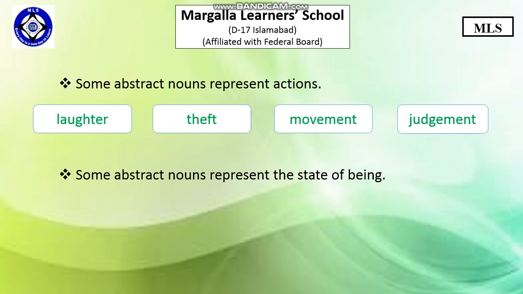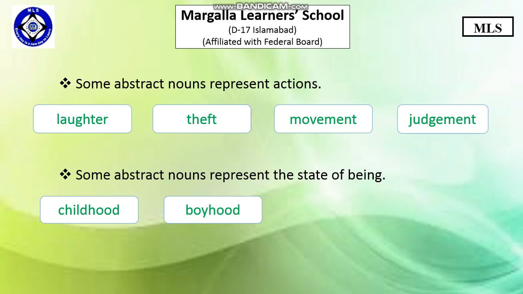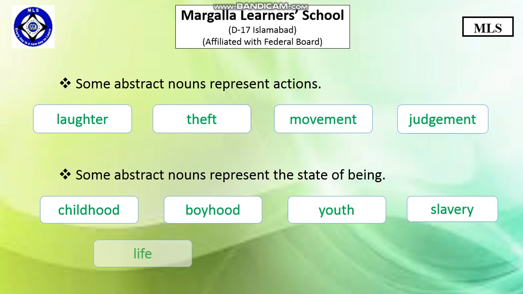Some abstract nouns represent the state of being, which means that they show the physical condition of a person, like childhood, boyhood, youth, slavery, life,